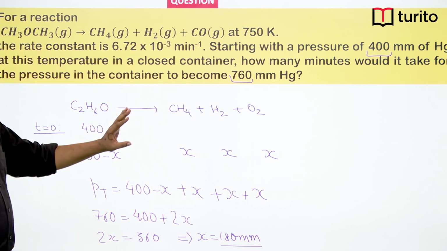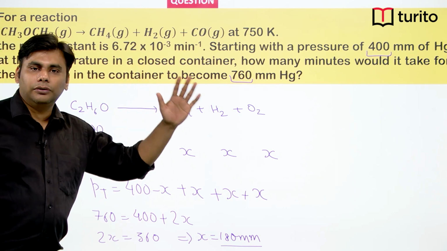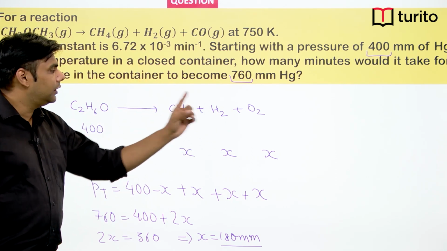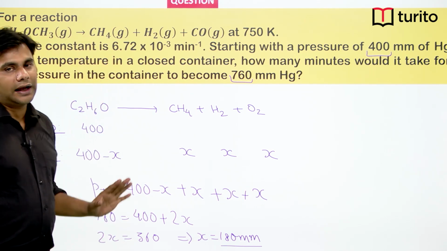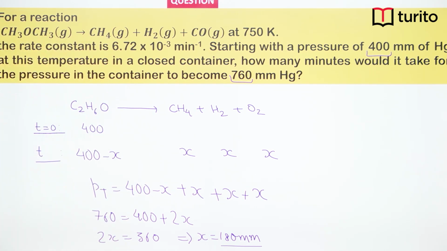So you have to keep this in mind. You don't have to just plainly do the same concept every time. You have to look at the nature of the reactants as well. So basically we get the value of x as 180. Okay. So we know that